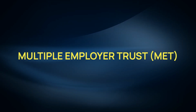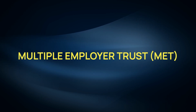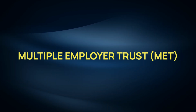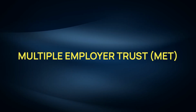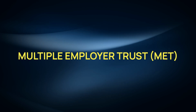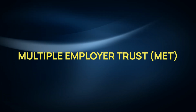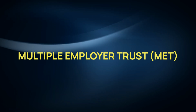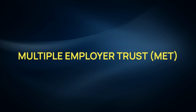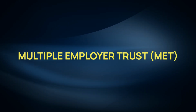For example, imagine a small business with only 10 employees. On its own, this company might face high premiums or limited health insurance options. However, by joining a MET, the business can combine its employees with those of other small businesses in the trust, increasing the collective bargaining power and potentially reducing the overall cost of insurance. This way, the MET offers a more affordable way for small employers to provide health coverage, similar to the benefits